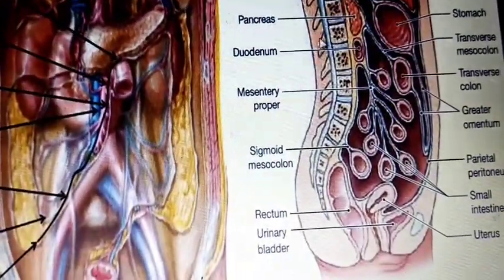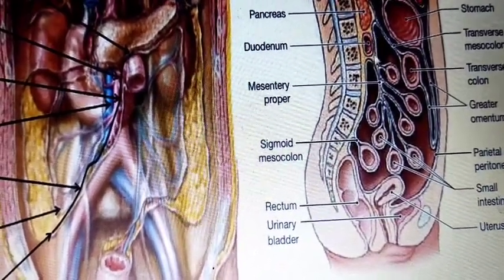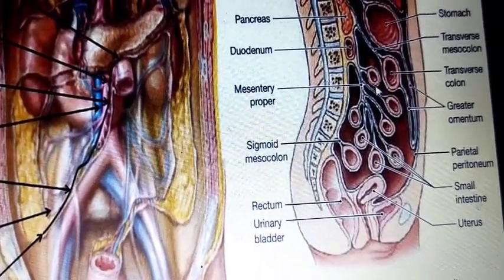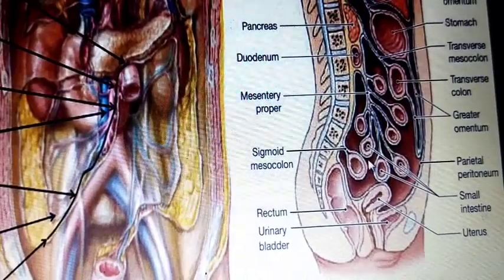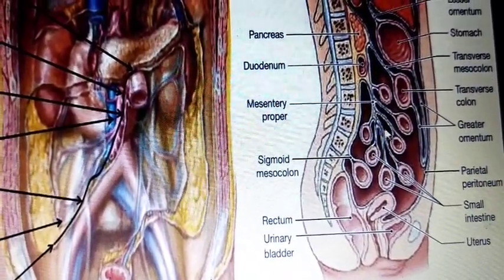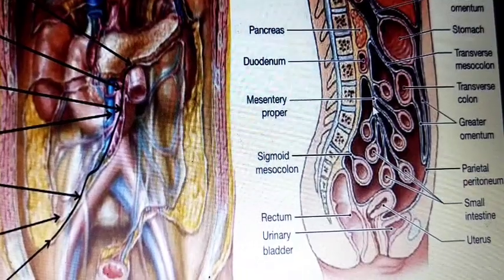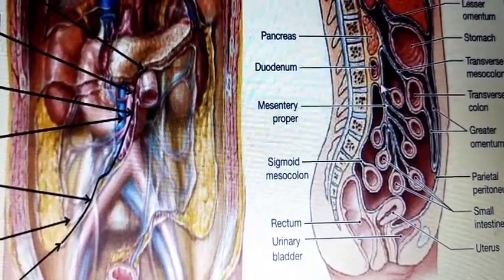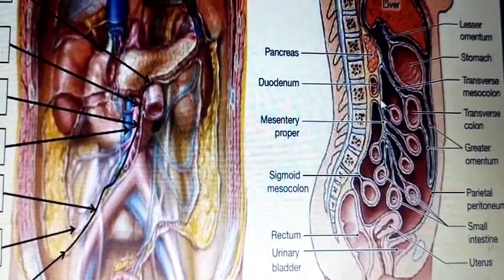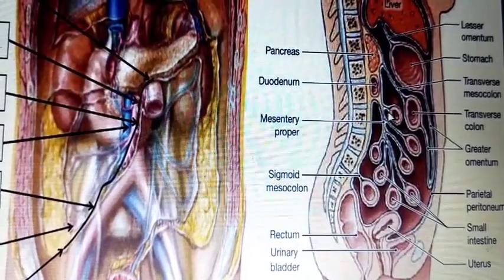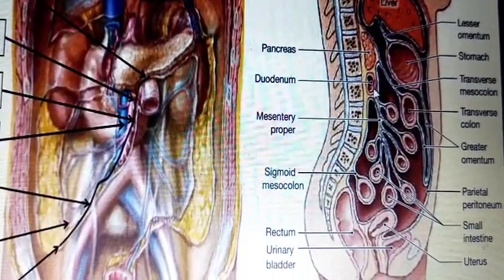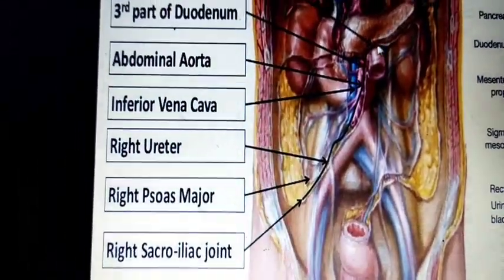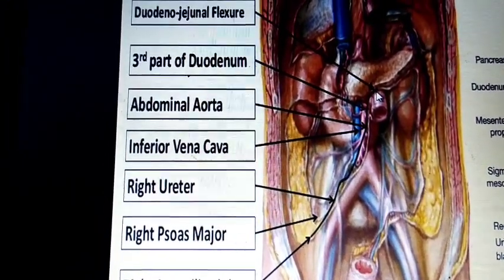In this picture you can see the duodenum, and this is the root of the mesentery. This is the small intestine, and these are the folds. These folds are the mesentery, and this is the free part of the mesentery. This is the fixed, attached part, attached towards the vertebrae or towards the duodenum, and this part is the root of the mesentery. The root of the mesentery starts at the level of the duodenojejunal flexure at the level of L2.